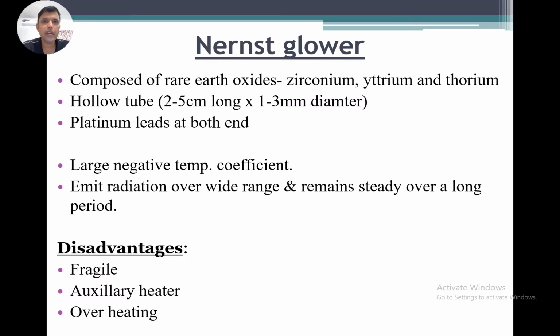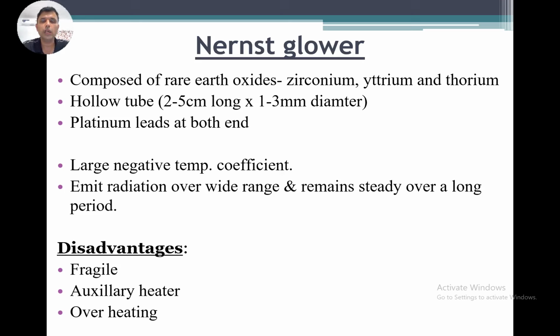The first one is the Nernst glower. The Nernst glower is an IR radiation source commonly used in IR spectrophotometers. It is composed of rare earth oxides, mainly zirconium oxide, yttrium oxide, and thorium oxide, which give it the ability to emit IR radiation when heated. Structurally, it is a small hollow tube, typically around 2 to 5 centimeters long and 1 to 3 millimeters in diameter, with platinum leads attached on both ends to allow the passage